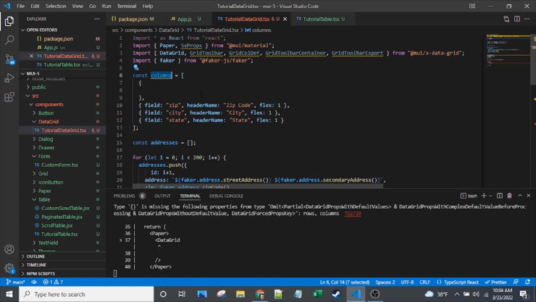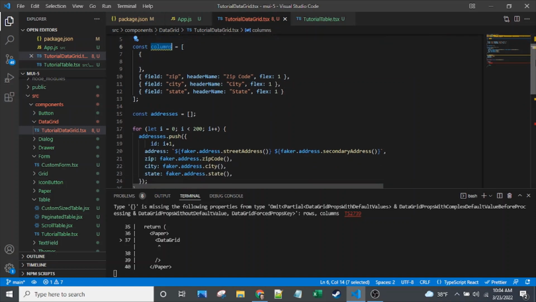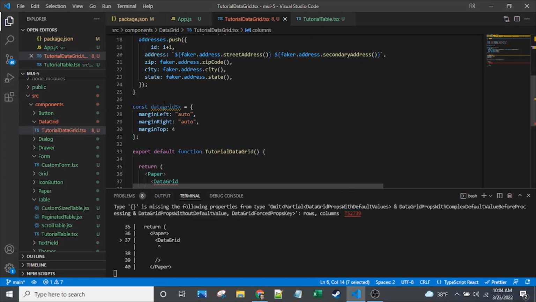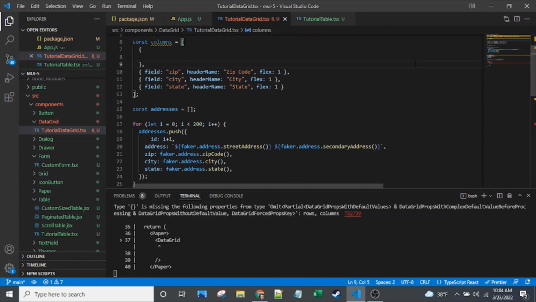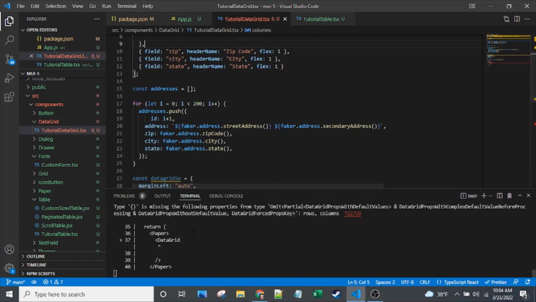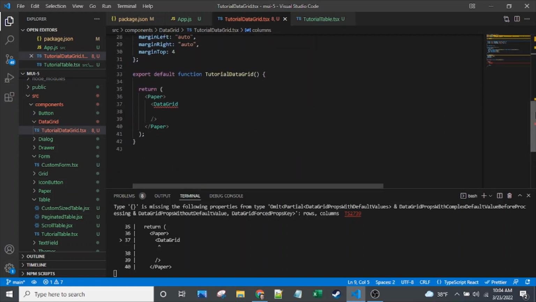And so we'll have to type our columns, our addresses, and any styling that we do that's not directly in the JSX. So with that said, right now you can see TypeScript saying, hey, we've got some problems,